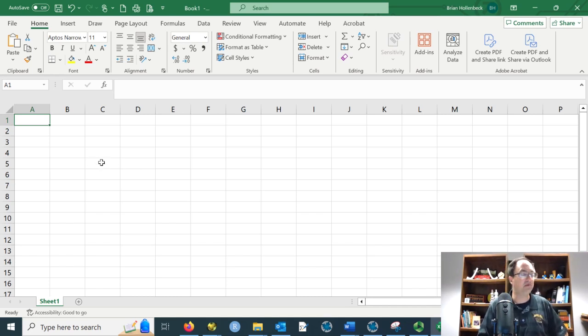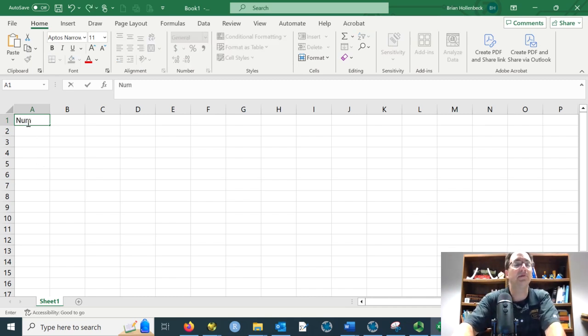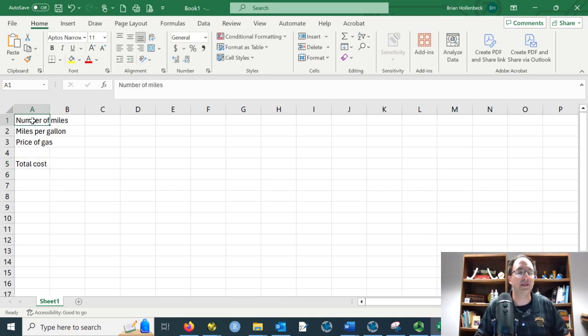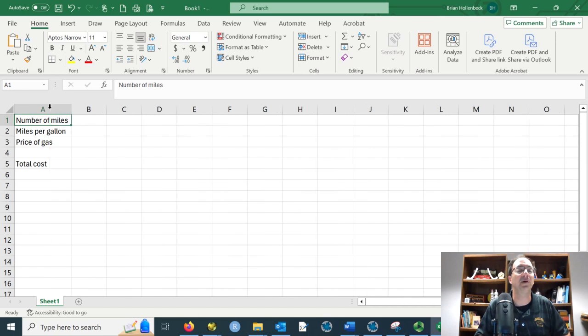And so now let's jump into what do we actually want to do. We want to have a place to input number of miles for our trip, miles per gallon, and so forth. So I can just type those in the first few cells. So number of miles, miles per gallon, price of gas, and then the output that I want is total cost. Okay, and so notice that my text has become larger than the space of the cell. So if I come up here between A and B and double click, it will automatically widen the cell,